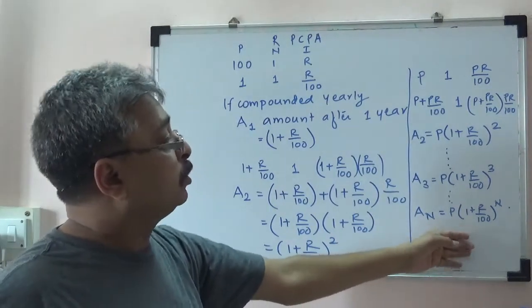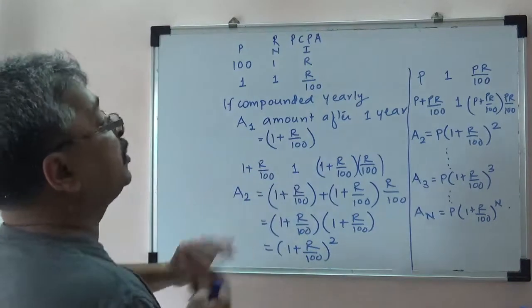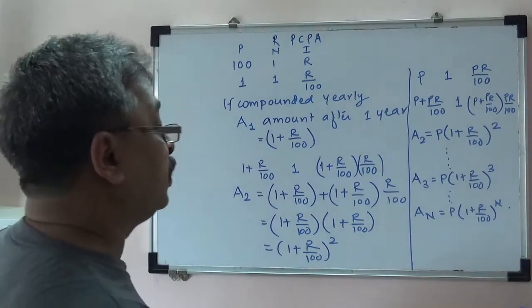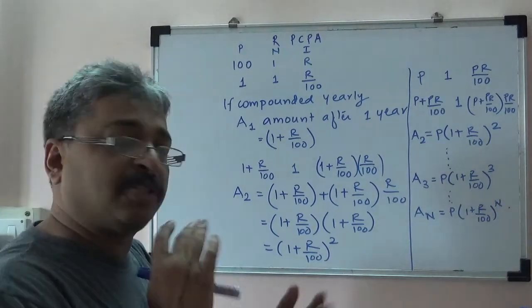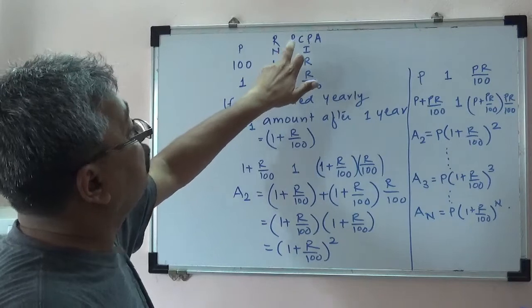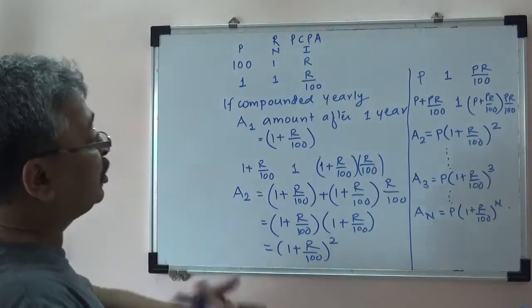Okay, now you spend good amount of time. We have finished it maybe in 5 minutes, but this is an important formula and we have derived it very quickly by just using unitary method and the meaning of R PCPA. Right? Now next job is